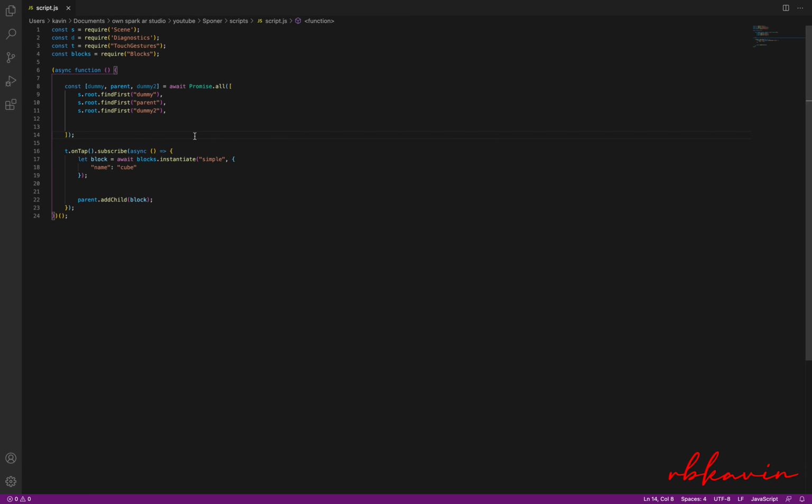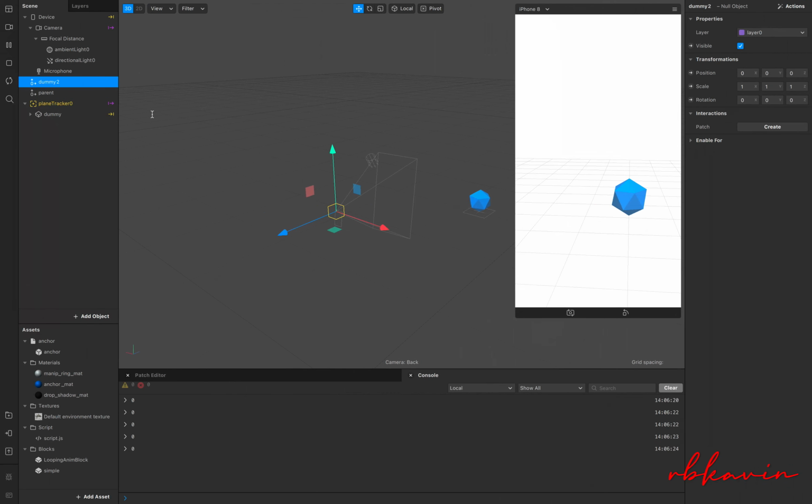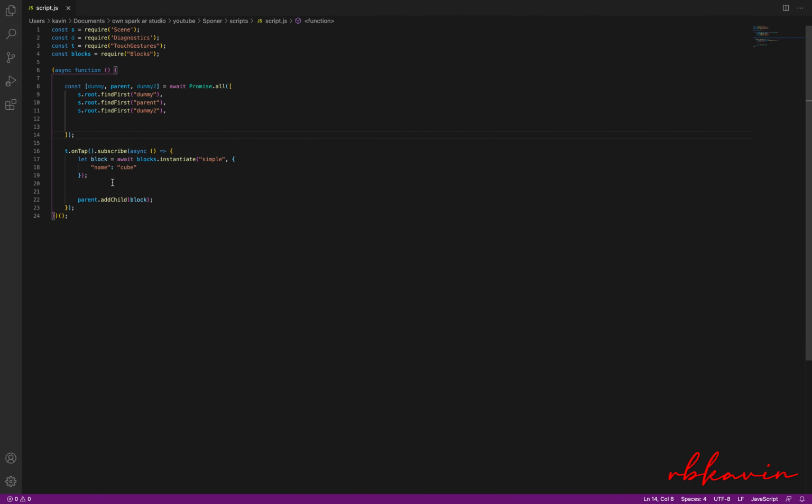In order to transfer the world transform value from one to the other, we'll be using the same world transform objects for this value. So basically we need to normalize the world transform value and then use the normal transform value. As the block doesn't use normal transform like the world transform values, we'll be using dummy2 as a placeholder.